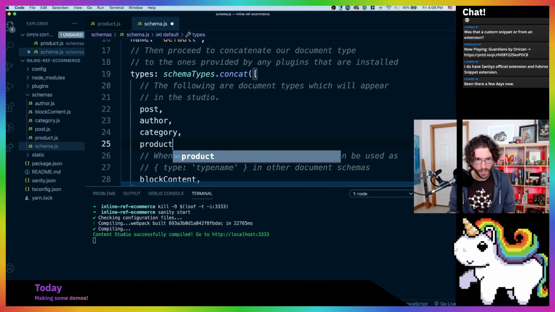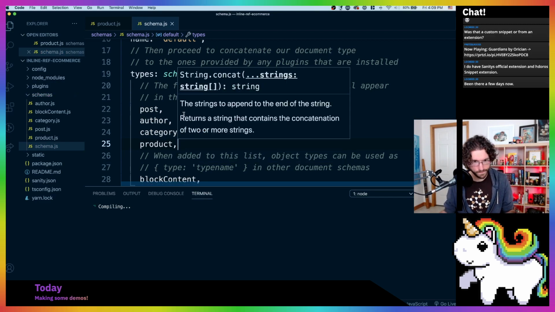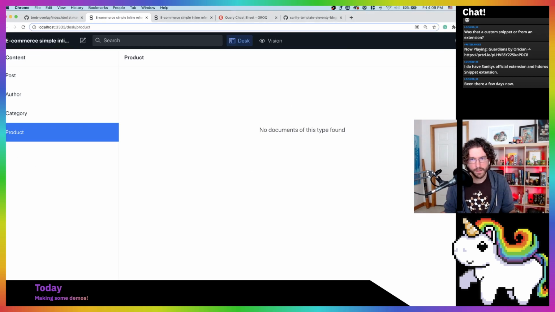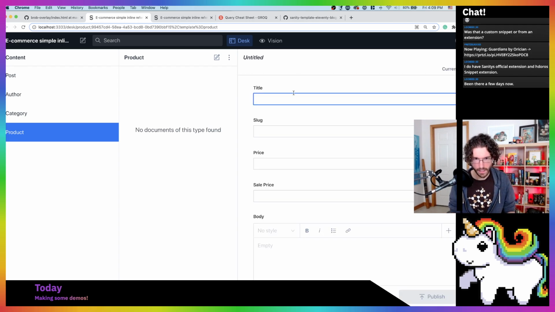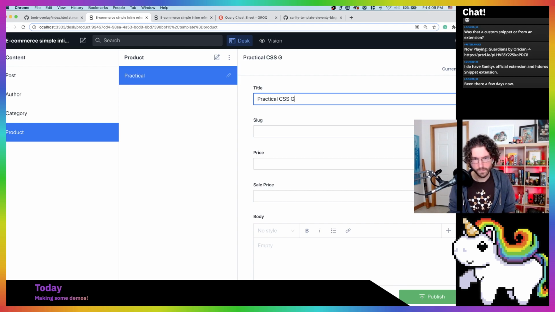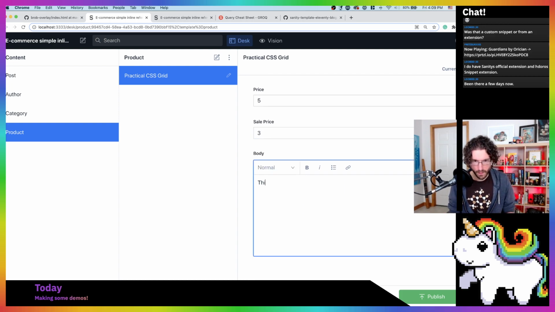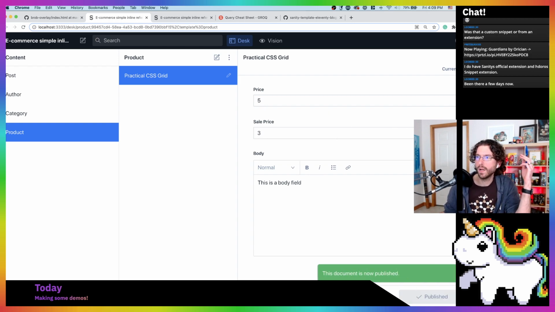Let's see, call it product. All right, commas are helpful. Products. So add a new product. Slug. $5. Sale price will be $3. This is a body field. All right, but this isn't the meat of what we want here. We want to go in and we want to add in